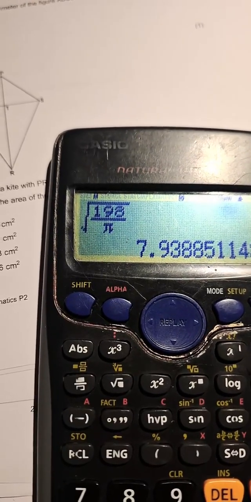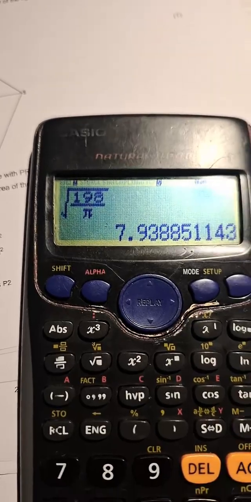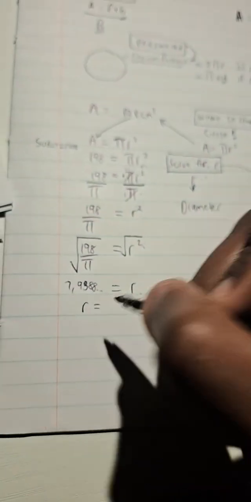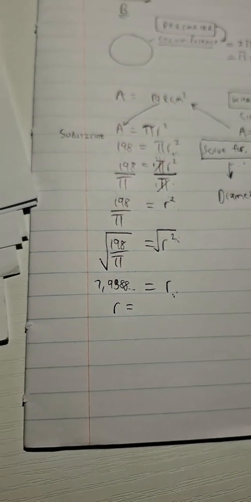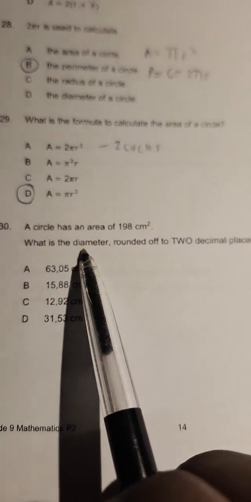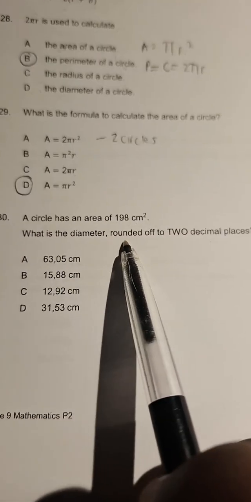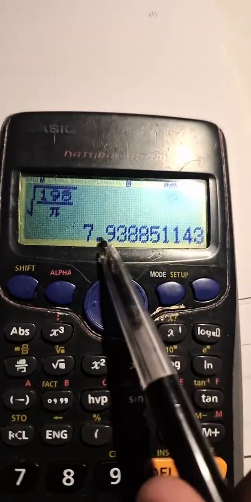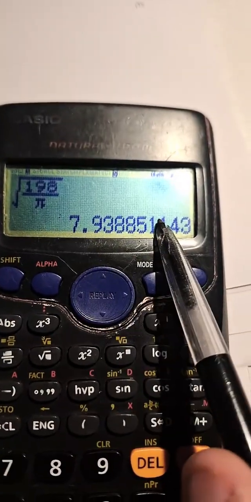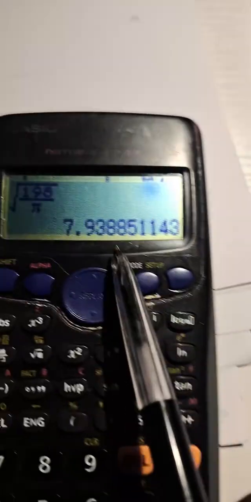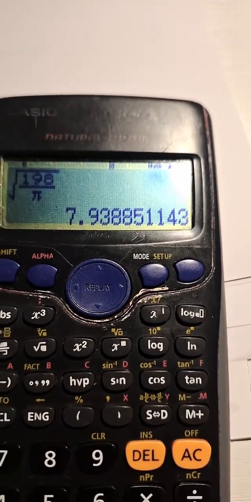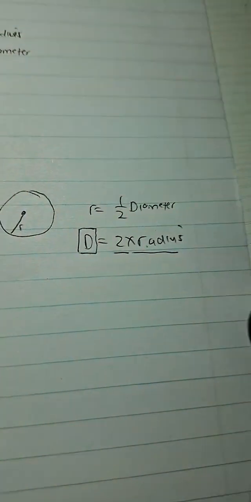You guys get the point. That is my value of r, the radius of the circle, 7.9388. But remember, the question did not want the radius. The question wants the diameter, and that diameter must be rounded off to 2 decimal places. So this value here is my radius, but I don't want the radius. I want the diameter. So what do I do